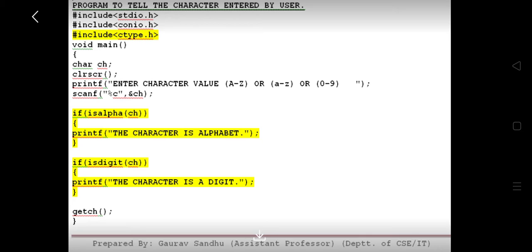Yes, capital G belongs to the alphabet because it comes between capital A to capital Z. So on the screen the output will be: the character is alphabet. In this way the functions isalpha and isdigit work. Basically, isalpha(ch) means that we are checking whether the return value is non-zero or not.